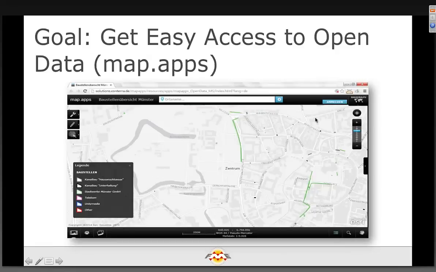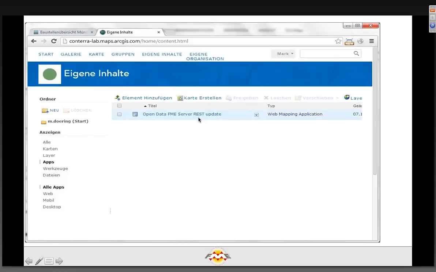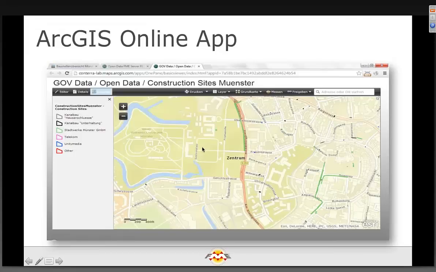So that's that one, and the end result is here you see the data on the map, and there it is inside of ArcGIS Online, and finally we see the result, and here it is, the construction sites in Münster,